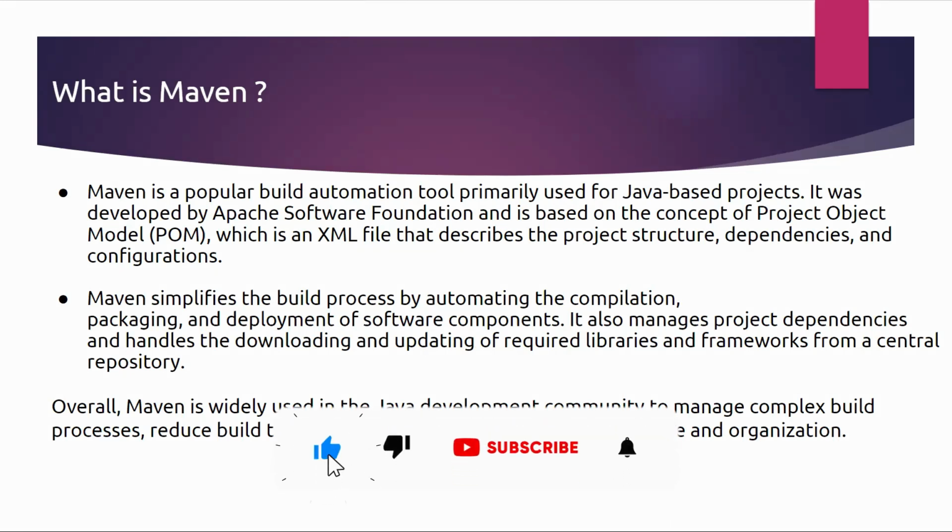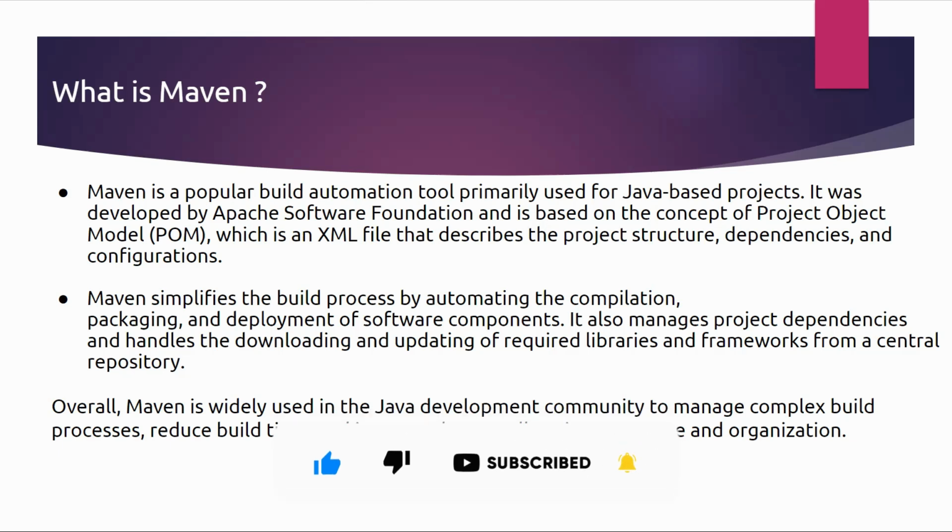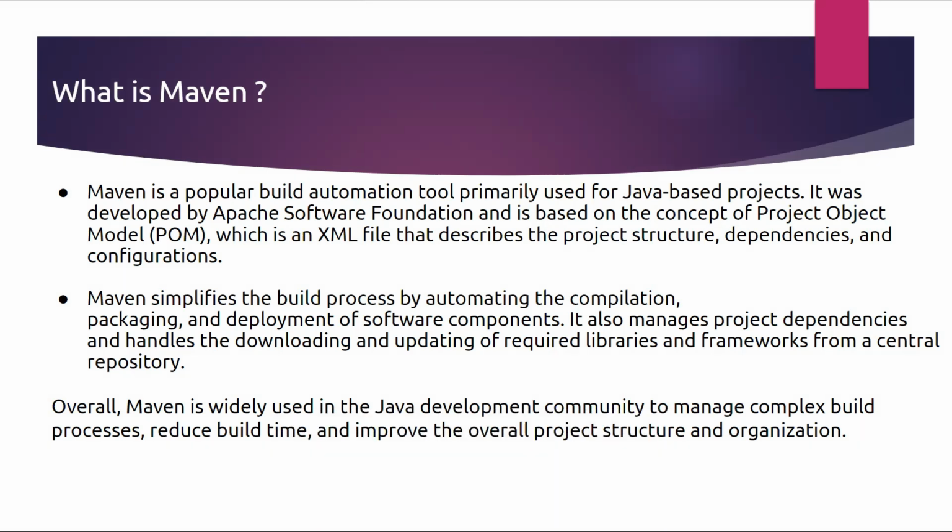So Maven is basically a popular build automation tool for Java-based projects, and it was developed by the Apache Software Foundation, and it supports POM, that's Project Object Model, that describes the project structure, dependencies, and configuration. So Maven basically specifies the process by automating compiling, packaging, and deploying of software components. Overall, Maven is widely used in the Java development community to manage complex build processes, reduce time, and improve the overall